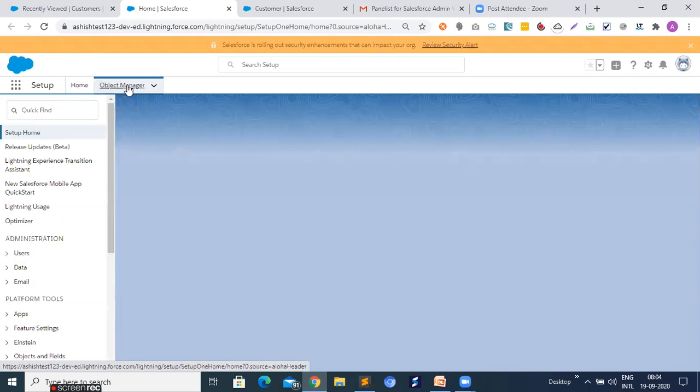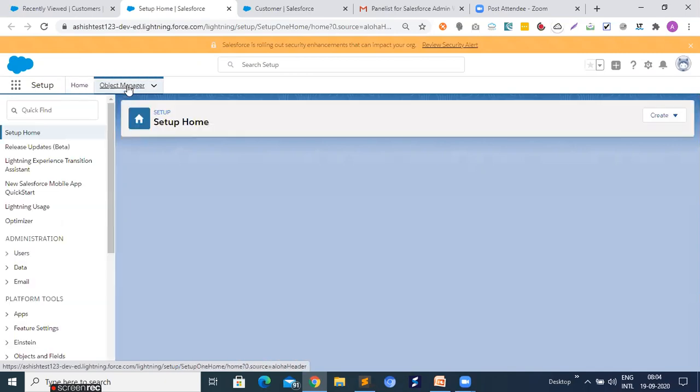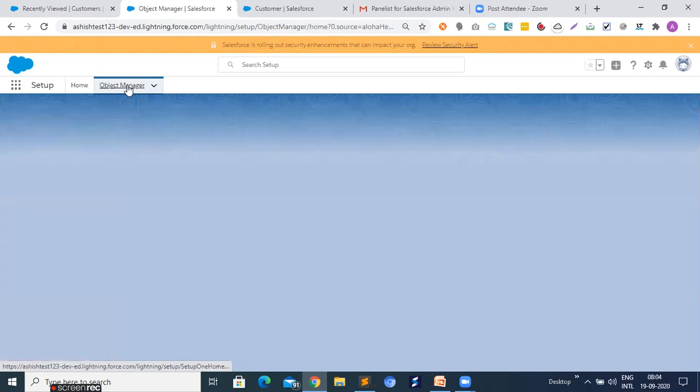Just click on the object manager and select your object. And currently the object we are going to select is customer.